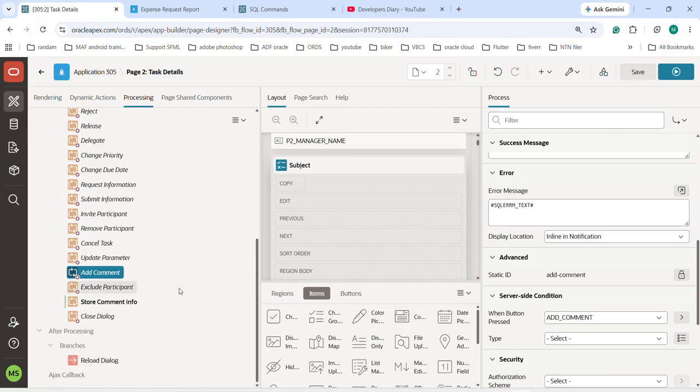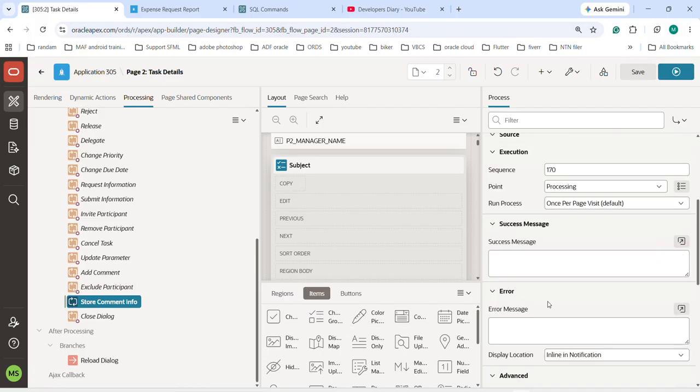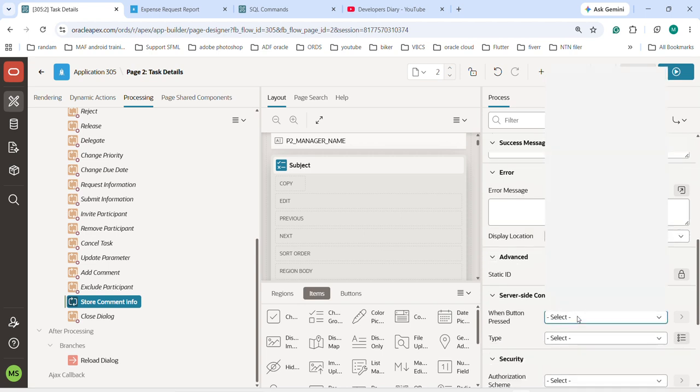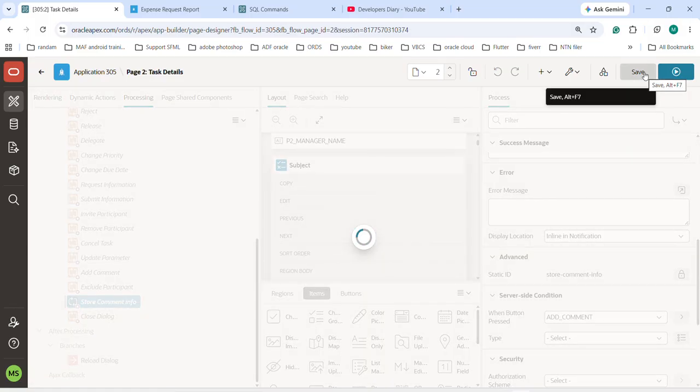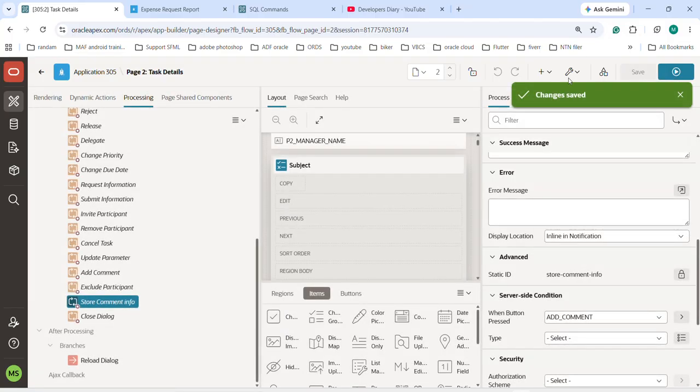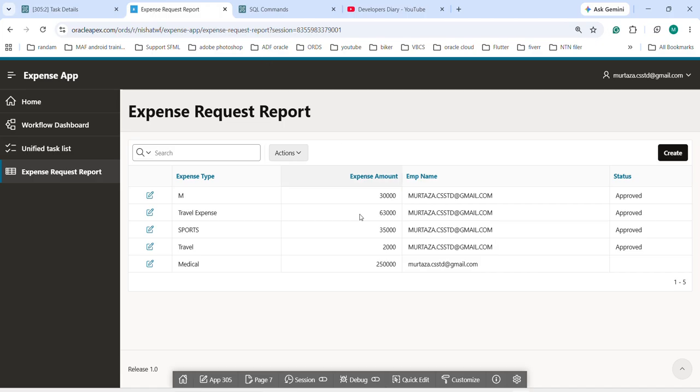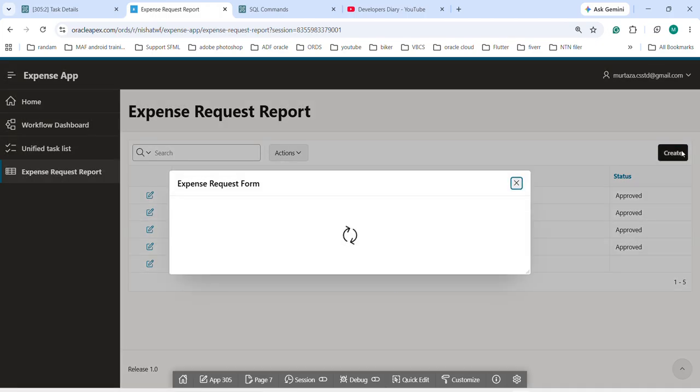We can use the add command button here. It is created by default by Apex when we have created the task definition and this detail page. So add command is by default created here. So click save